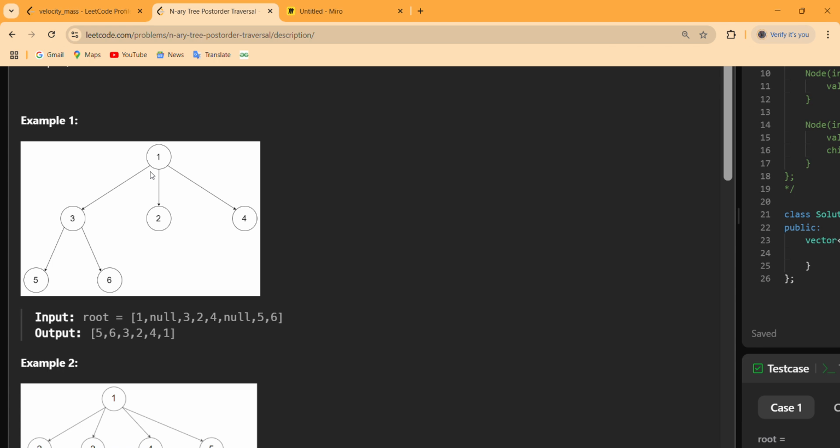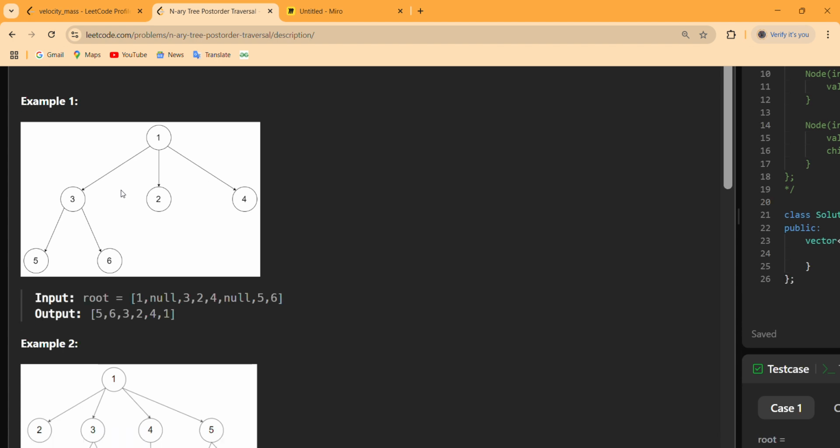As an N-ary tree has no left or right subtree by the definition of a tree, we have to evaluate all its children first and then the node gets evaluated.